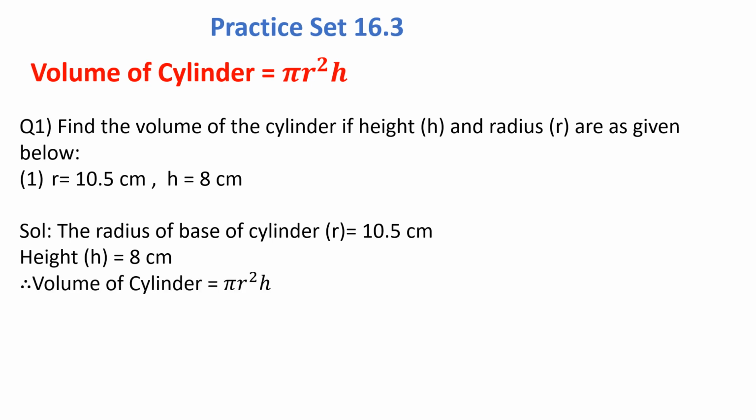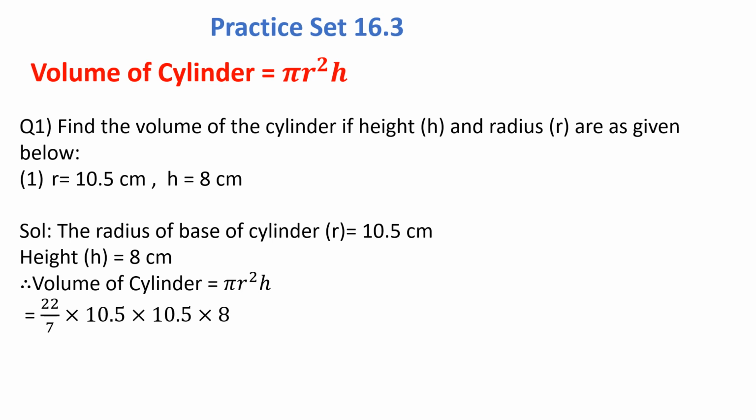So next step we'll write down: therefore, volume of cylinder is equal to pi r square h. Please do write the formula. It carries half marks. Therefore, volume of cylinder is equal to pi r square h. Now students, we will take the value of pi equal to 22 upon 7 and r square is there, which means you have to multiply 10.5 into 10.5 twice. Okay. So next step, you'll write down equal to 22 upon 7 into r square means r into r. So 10.5 into 10.5 into h is given as 8.